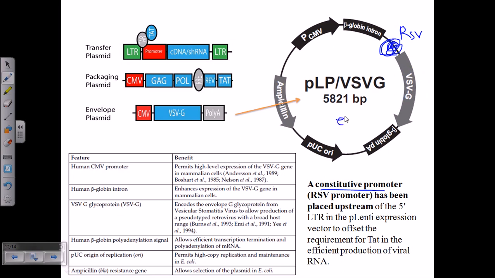Now this ENV protein can be toxic. It is toxic for our cell, as we all know that. If the concentration of ENV protein is getting higher and higher inside the host cell, it can make problems for the host cell. So for minimizing this, we supply this ENV protein in a very minute amount over time using this RSV constitutive promoter. Okay,